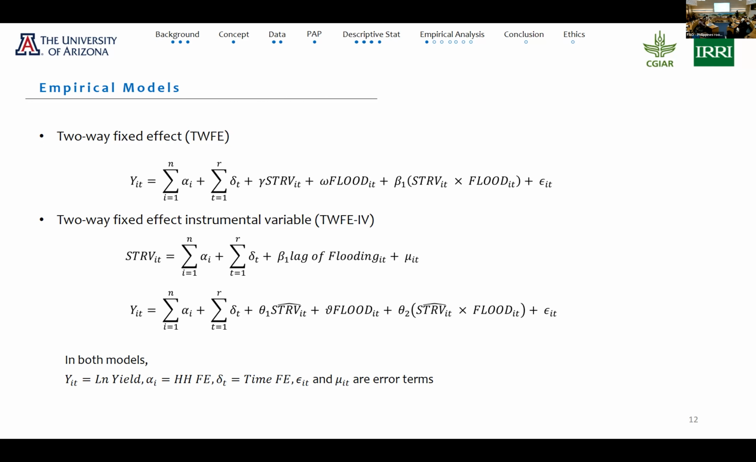Basically, we focus on yield first. We wanted to see how the adoption of STRV, and also whether or not there is a flood, affects the yield. We consider yield here in logarithm form. Then we also include in our model the household-level characteristics and the time-variant characteristics. Here the adoption variable, STRV, is included, along with the flood variable and the interaction between the terms. So when you do the calculation of the coefficients, we'll be able to tell you how yield is affected in the situation of flood or not,